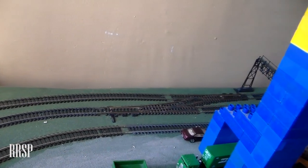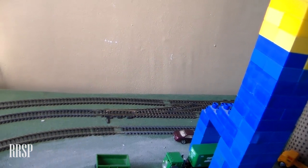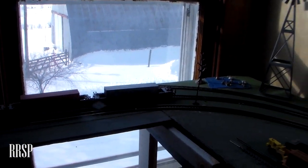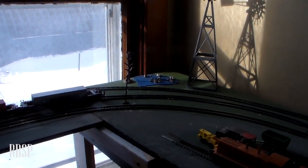There's a chair. So that's where the crossover switches are. There's a signal bridge. It was from a Bachmann starter set. Nothing too fancy. Here's something I know that you probably haven't seen because it's relatively new, within the last few months. The siding that goes back by the windmill in the duck pond,